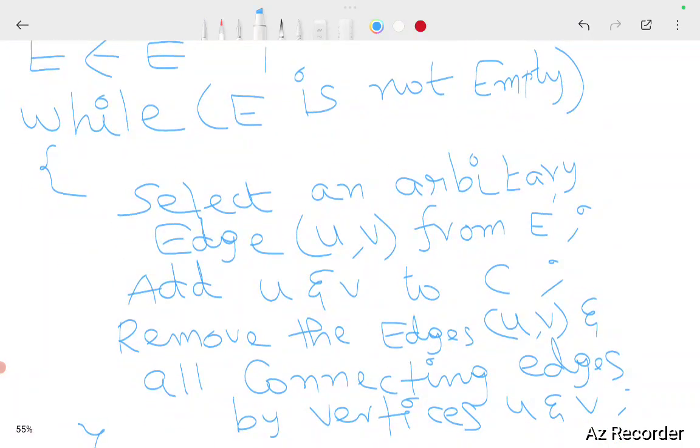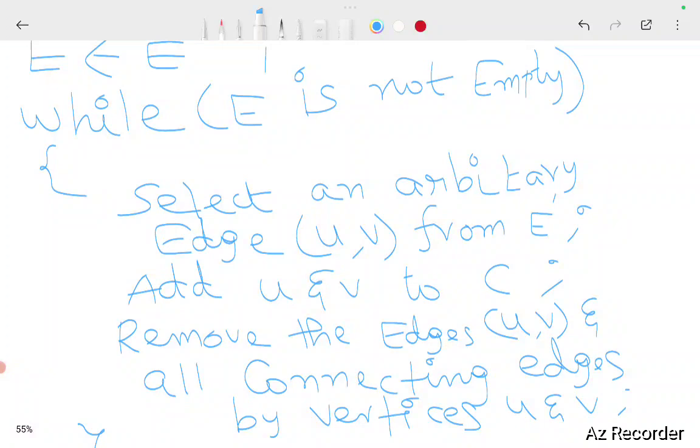At each iteration, we select one arbitrary edge (u, v) from the edge set E', and these vertices u and v